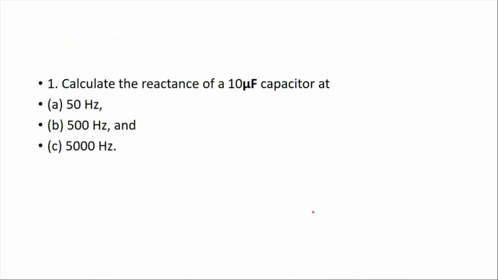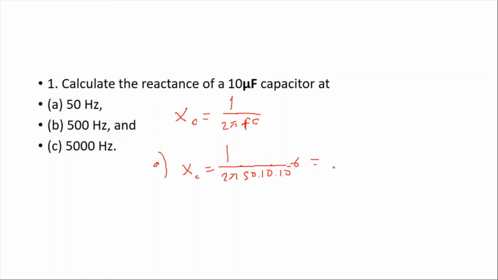Okay, let's solve 3 problems related to this topic. The first one is calculate the reactance of a 10 microfarad capacitor when the frequency is 50 Hertz, 500 Hertz, and 5000 Hertz. We know that capacitive reactance Xc is equal to 1 over 2 pi FC. So in A, Xc will be equal to 1 over 2 pi. Frequency is 50 and the capacitor is 10 microfarad. It is going to be 10 times 10 to the negative 6. And if we calculate this value, we are going to get approximately